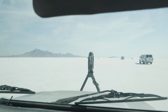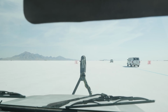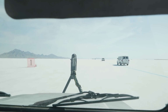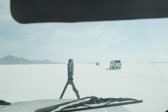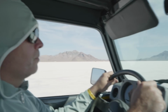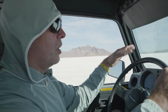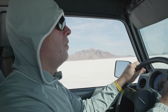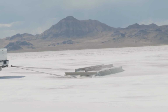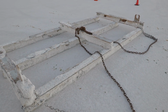Given it's a 5 mile course, it's a pretty long drive. But you just keep your eye out for these markers and make sure that you're staying in the course. If you leave the course, the surface is not as prepped. They've dragged this surface over the course of weeks to get it to where it's pretty smooth and pretty packed, and then when you get out of here, it's just crunchy chunks of salt and whatnot,